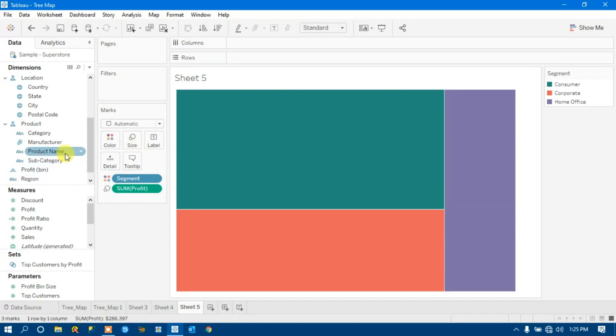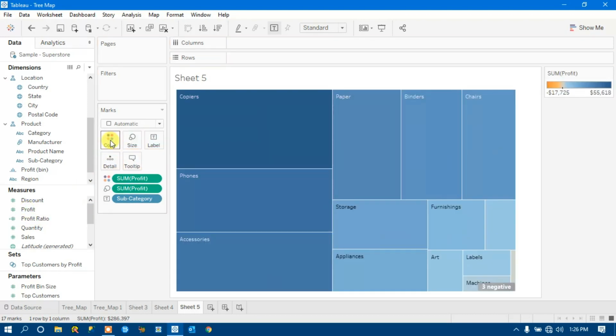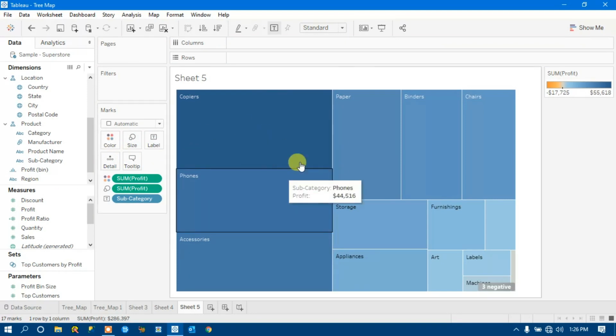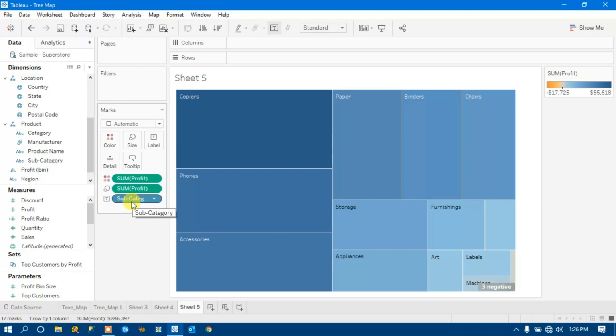Let me further drag subcategory to our labels. Now I will drag profit to the color marks, right? If you see here, now the visualization has changed to the subcategory level only. So the moment we drag profit to the color marks, our segment dimension has been removed.